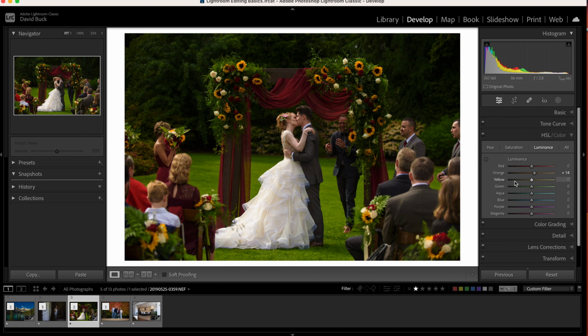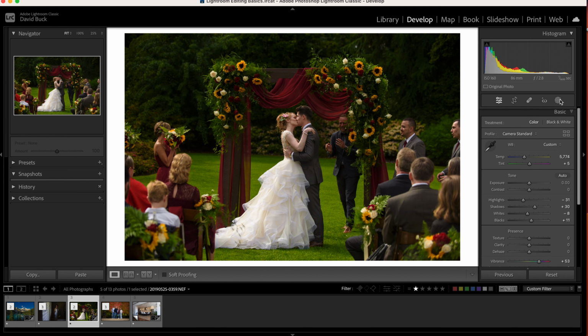I want everything to look natural. So we have attention on our bride and groom. I like where the colors are, except in the dress, but we're going to do that a little bit more locally. The only thing I do notice is that there's a lot of blue fringes in the tulle of the dress, so we're going to bring down the saturation of the blue and get rid of that. Okay, so we get some of that confusing blue out of the way,